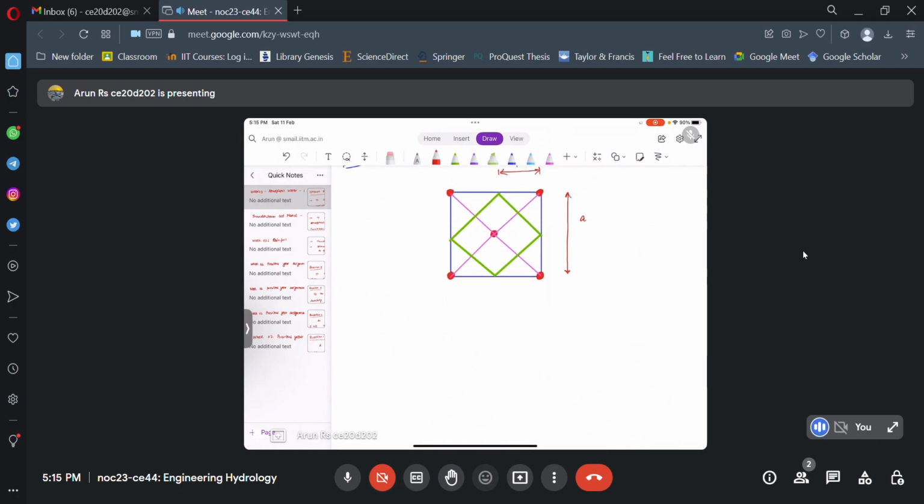So you will have the different contributing areas, so I am just shading it, and your final area is inside the